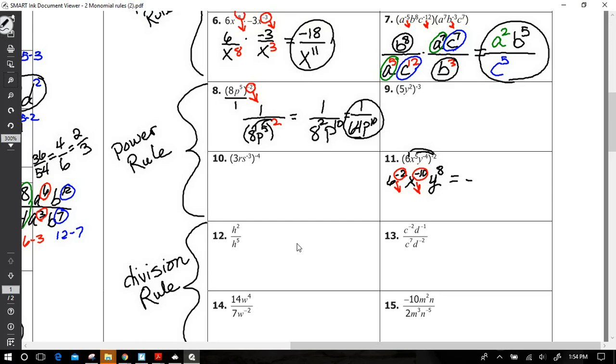So let's make the bottom happen. Now the y to the 8th, that's going to stay right on top. X to the -10, it's going to come down, and that 10 becomes positive. Okay, 6 is going to come down, and that 2 will become positive. And then the last thing I just need to remember to do is to simplify the number here. So 6 squared is 36, x to the 10th, and then on top I still have the y to the